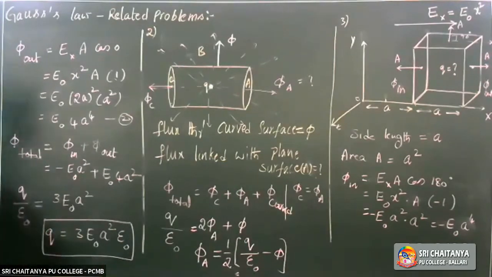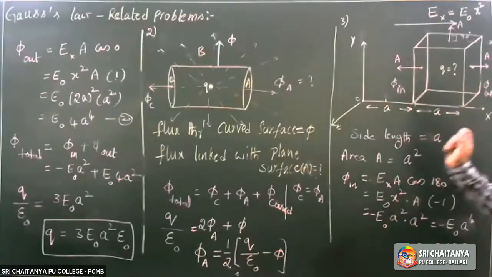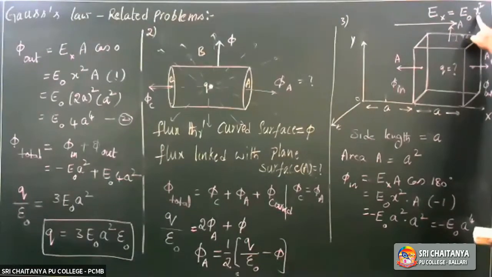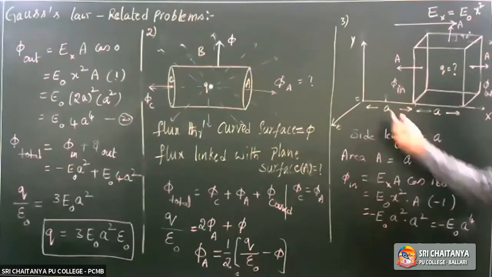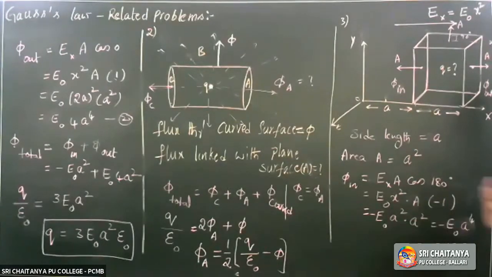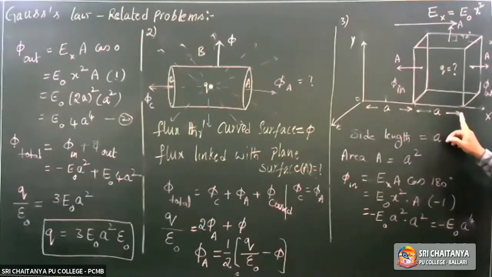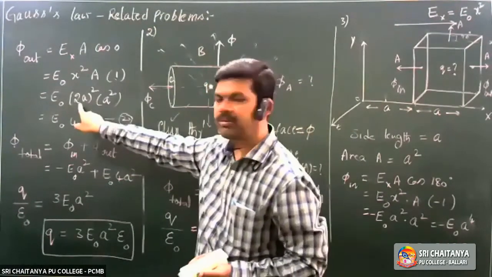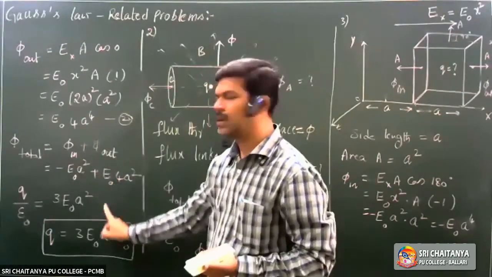One of the important models, it seems a little bit lengthy, but the only key point to remember is whenever the field is given as a function of distance, see that the first face is at what distance. In place of x, you substitute that distance. Whenever you are calculating for the second face, see that the second face is at what distance? a plus a, 2a. In place of that distance, you substitute it. Then you get phi out. The phi total formula is known.